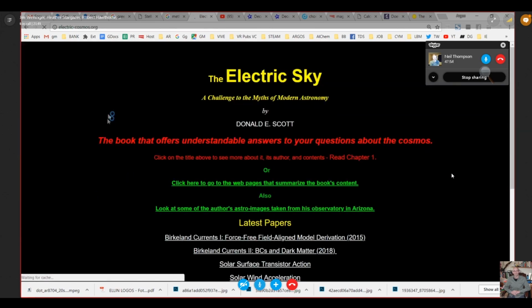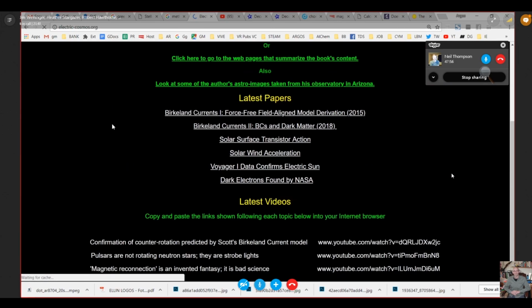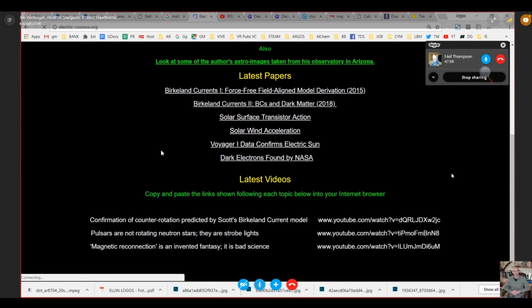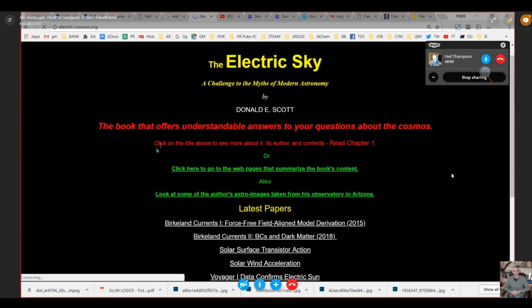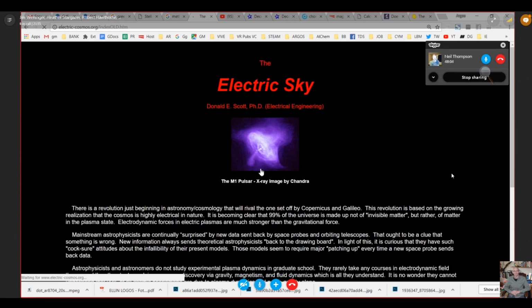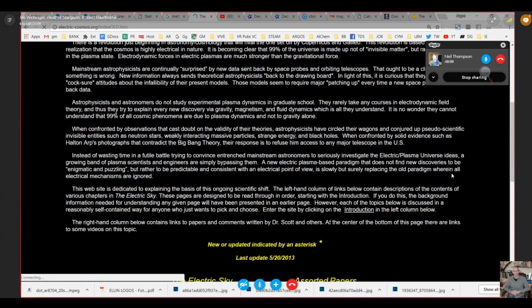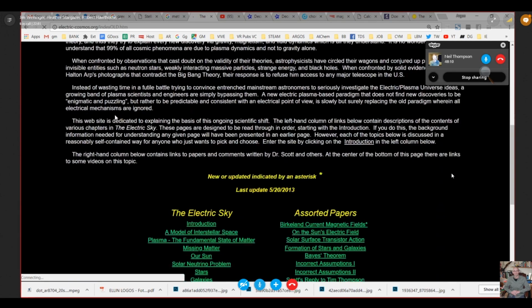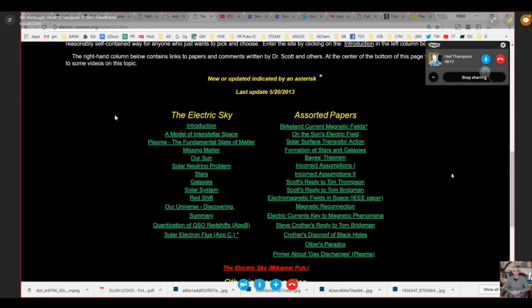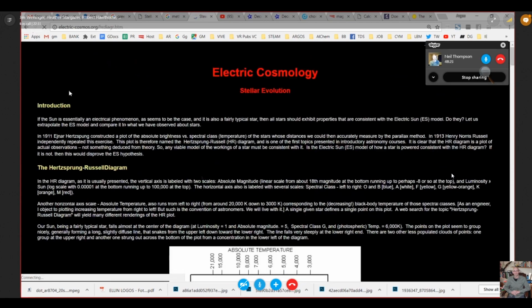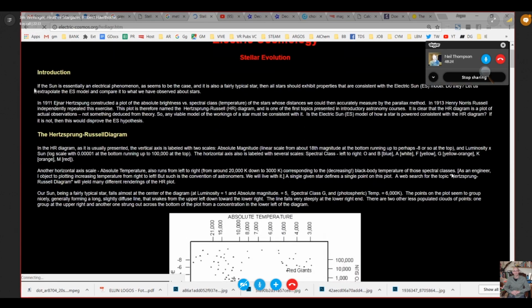.org, and then go down to web pages, go up a little bit. Web pages that summarize the book content. Click on that, and then it should go down, and there should be electric sky, and one should be our sun or stars. Stars. Go with stars. That's the one. Okay, so there's the HR diagram, but put into